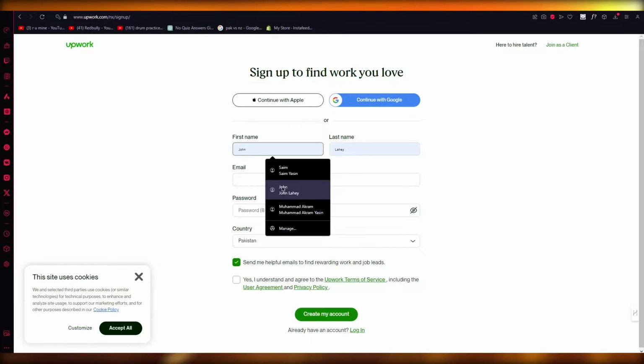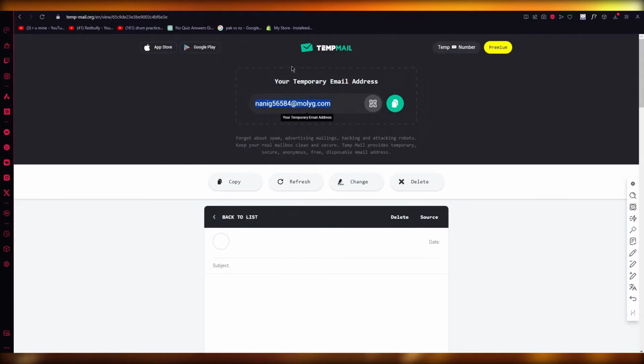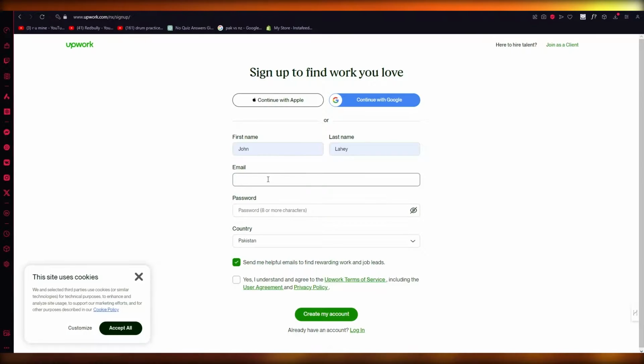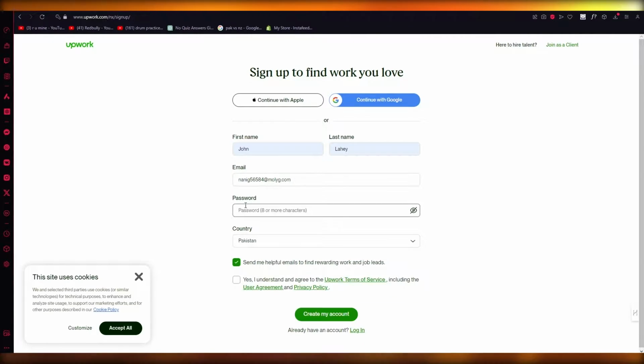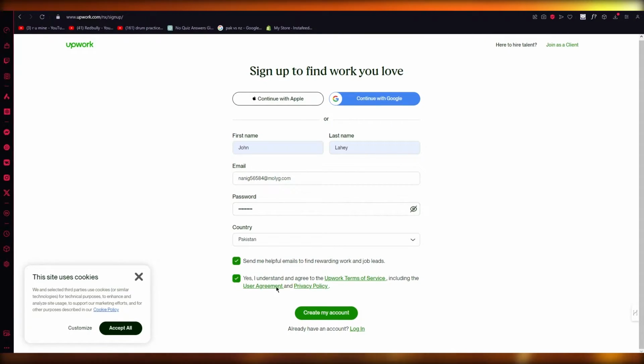And once you do that, you're first of all going to add your name and everything. Then they're going to ask you for your email. So I'm simply going to go ahead and add that. Then you have your password. So once you've gone ahead and entered your password, enter your country, agree to their terms, click on create my